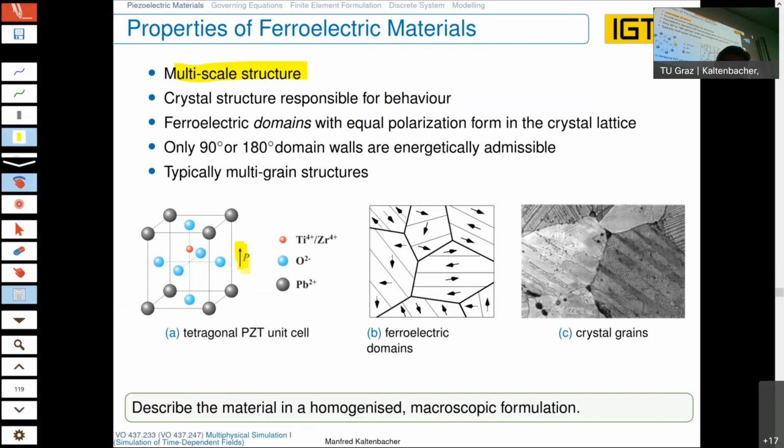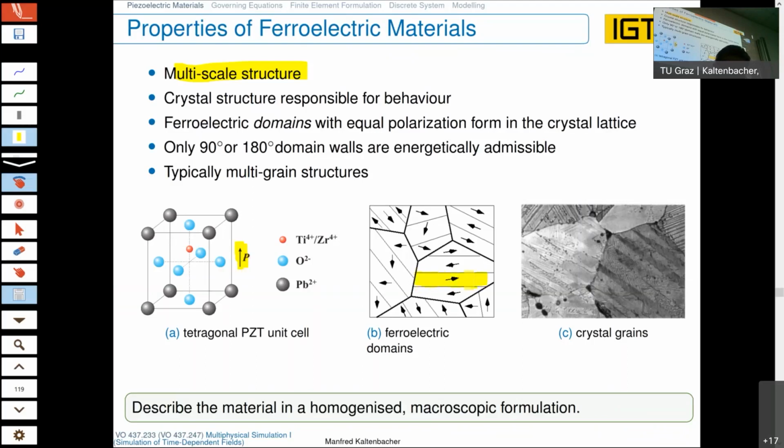So you have a so-called spontaneous polarization already on the atomic level below the Curie temperature, and within a ferroelectric domain,